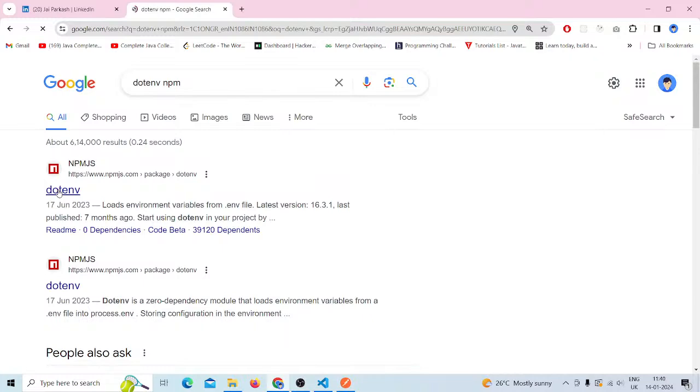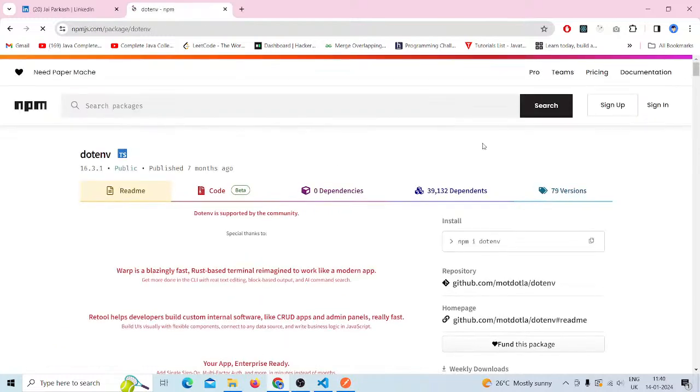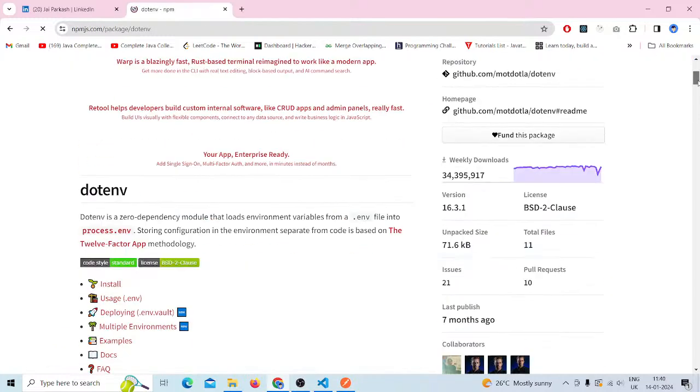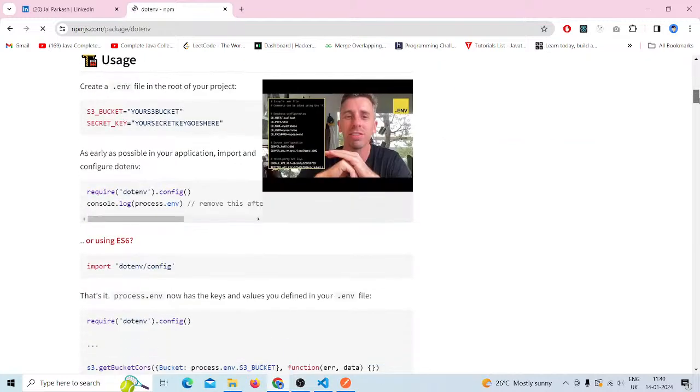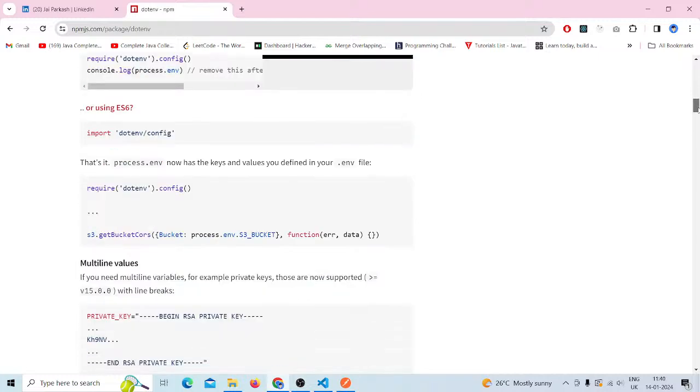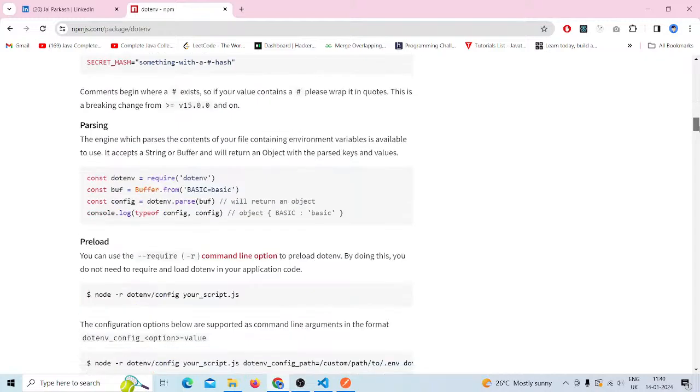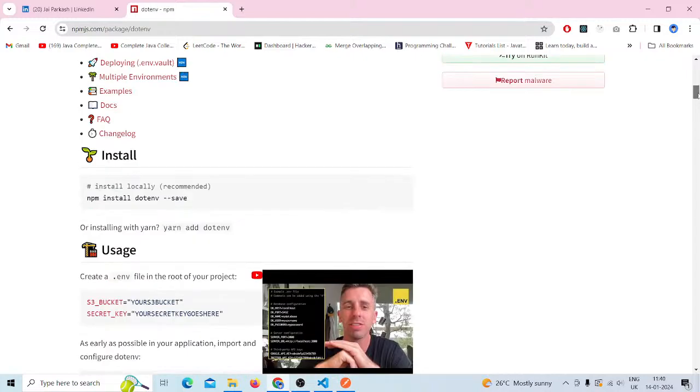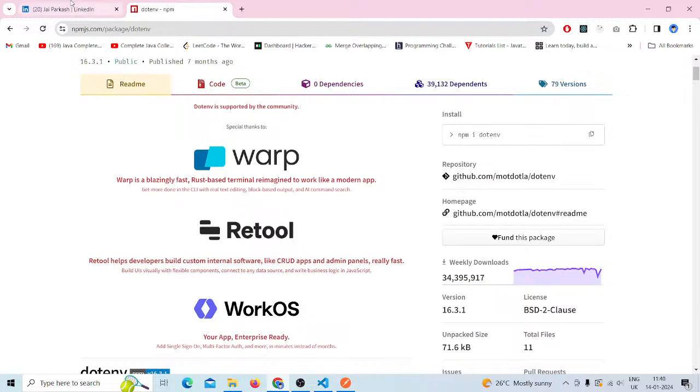So here they have defined how we can use it, look, dotenv.config. Key and value are defined in the .env file, and we have to initialize dotenv and then we can use it. So yeah,